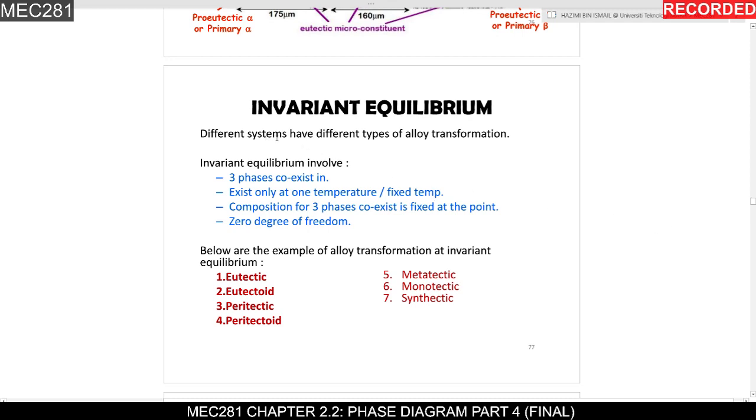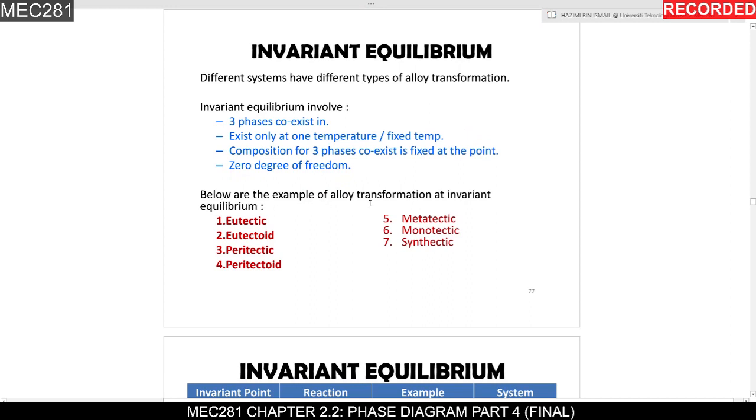Different systems have different types of alloy transformations, as stated in these slides. Invariant equilibrium involves more than two, specifically three phases that can coexist. It exists only at one temperature, a fixed temperature. The composition of the three phases coexisting is fixed at the point, with 0 degrees of freedom. Below are examples of alloy transformation at invariant equilibrium. There are 7 types of